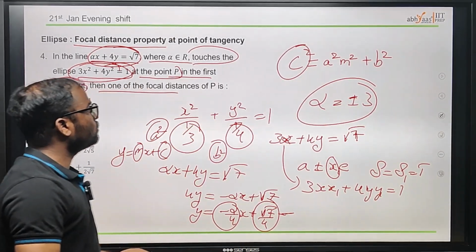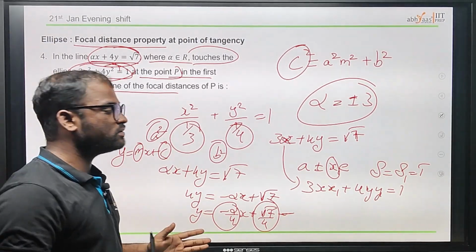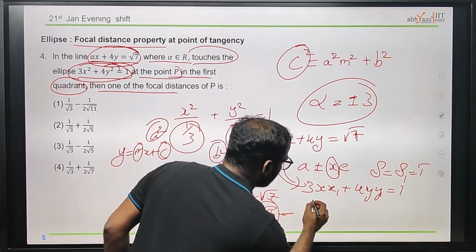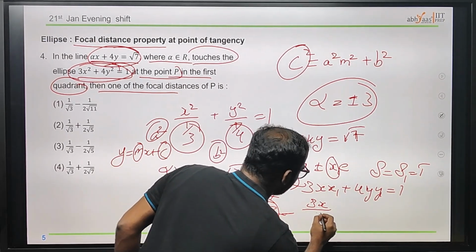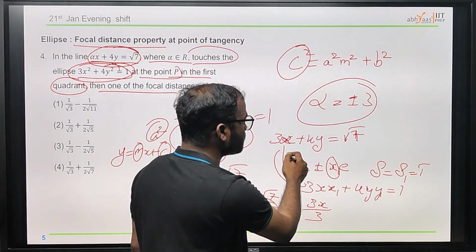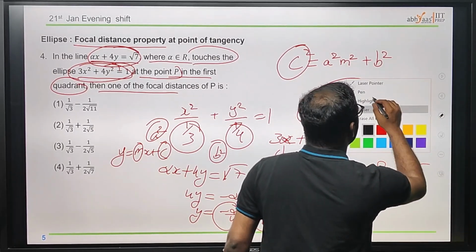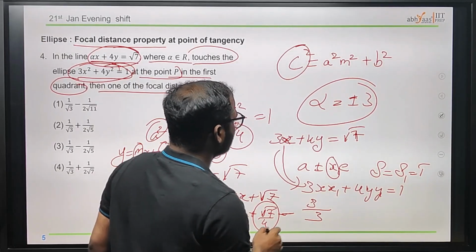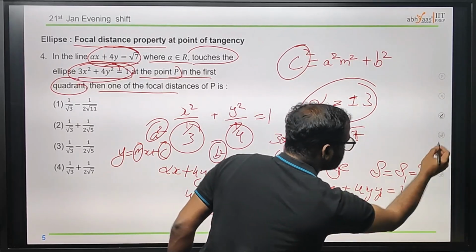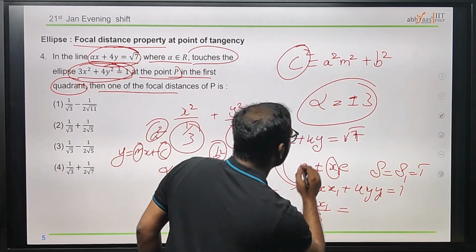Okay, this is 1. Now we know that's the line where it touches this ellipse, so we have the same situation here. Therefore, these two equations, the tangent and this line, will be the same. So we will have 3 and 3x1 by 3, plus, sorry, not plus, since they are the same, we can take it as equal to